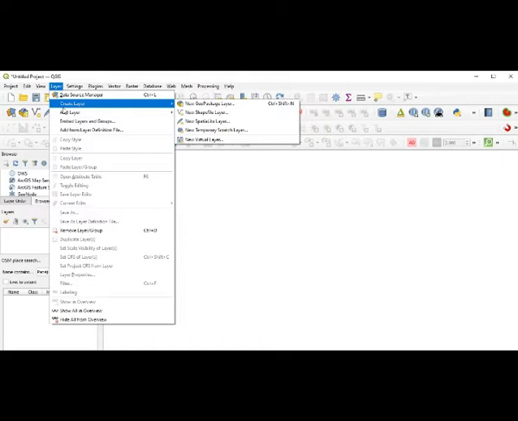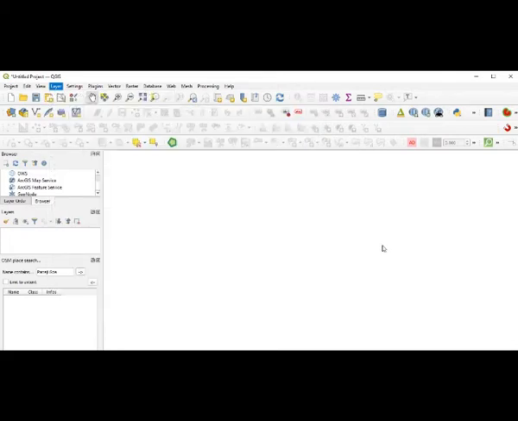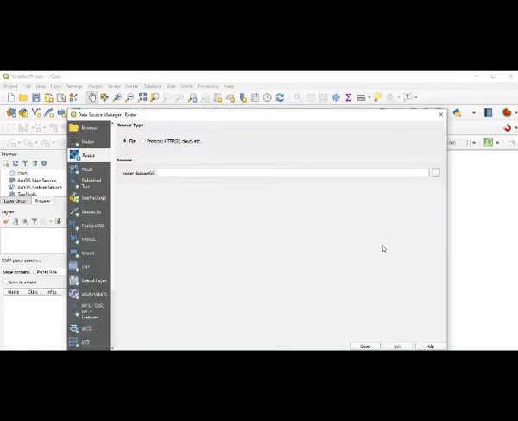If I am going to add a layer, I go to Layer, then Add Layer, then I take Add Raster Layer because I want to add a raster image here. When I click there, one data source window will open. That is the Data Source Manager. Since I have already chosen Add Raster, raster is selected on the extreme left side panel. You can see there is Browser, Vector, Raster, Mesh, Delimited Text, GeoPackage, and so many other sources, which you were seeing in that layer panel.